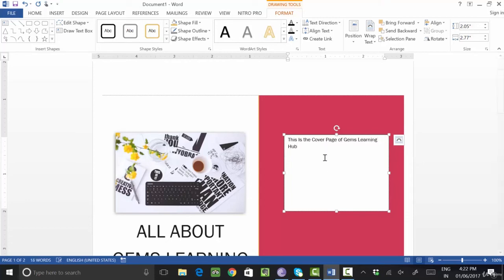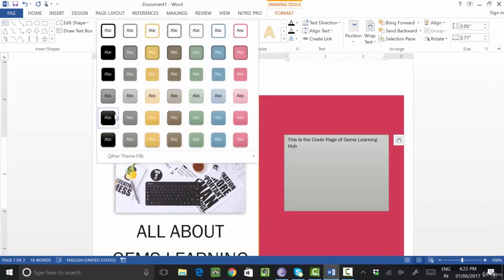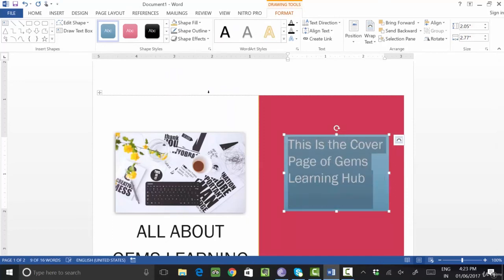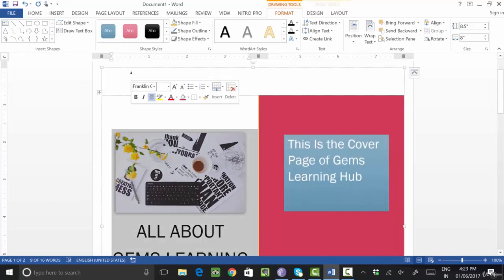Anything you want, you can write, and you can give different kinds of colors and all things according to your requirement, and you can set the format of the cover page. Suppose I want to increase the size, I can increase the size also. So any creativity you can do in your cover page.